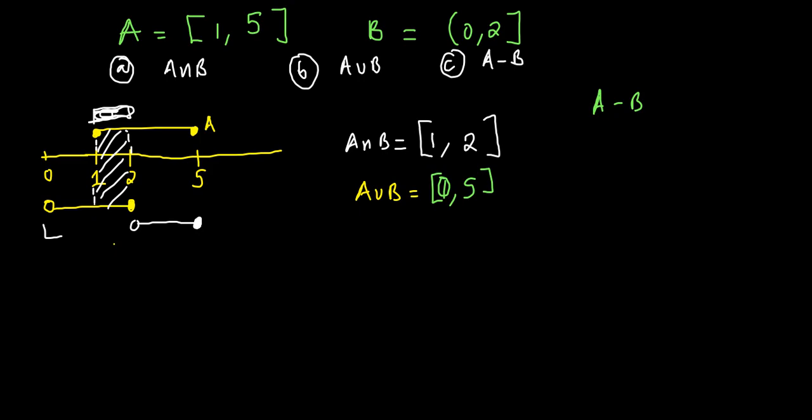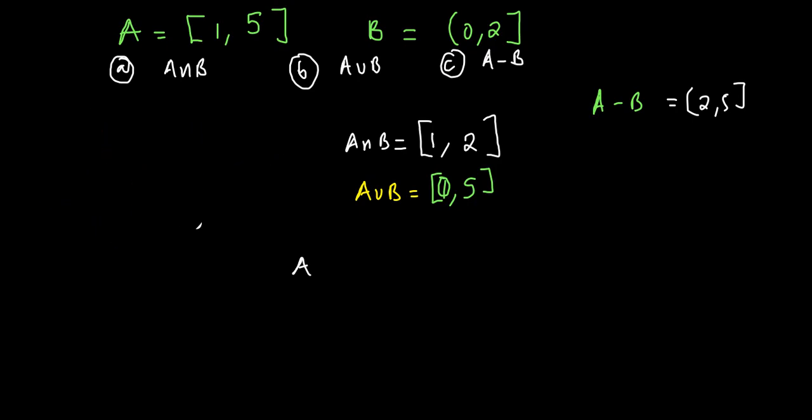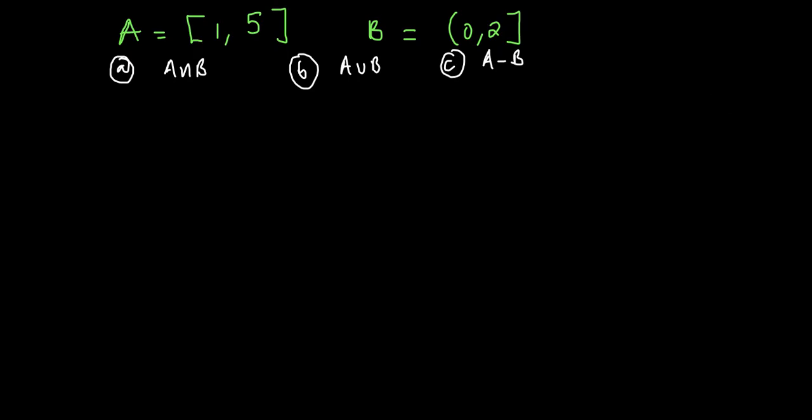And you can see I've put open on 2 because 2 was part of B. But I just want what is in A but not in B. So the answer is from 2 up to 5. At 2 we are going to open, and at 5 we are closing because 5 is part of A. Now another way you can work out this one is knowing the meaning of A minus B. A minus B means A,